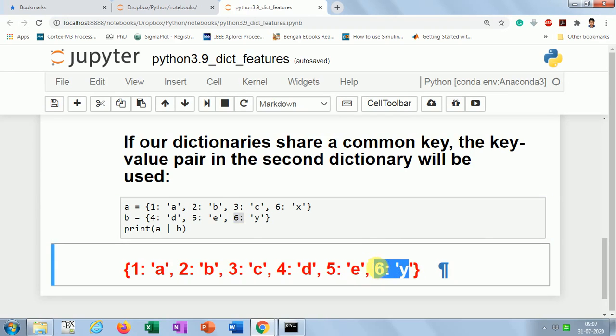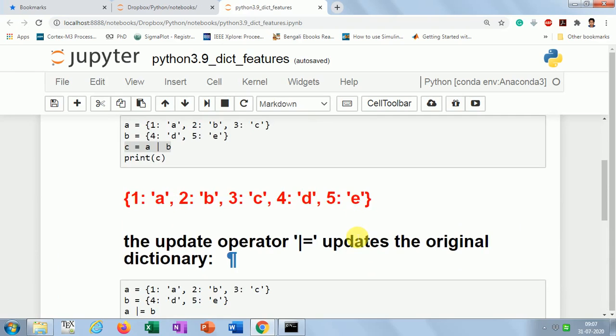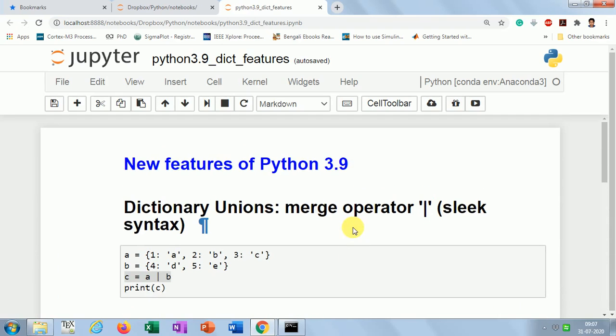So these are some of the very good new features that have been introduced in Python 3.9, particularly regarding dictionary operations. There are some other features that I will